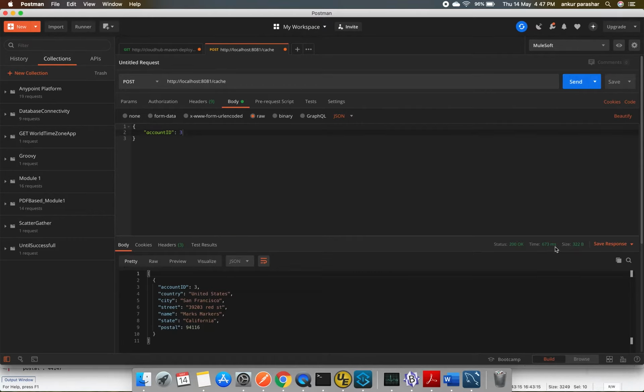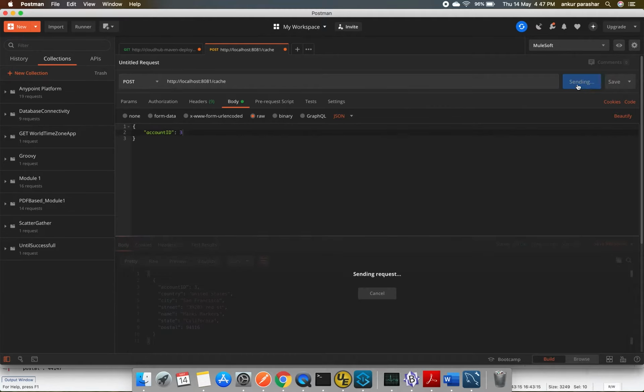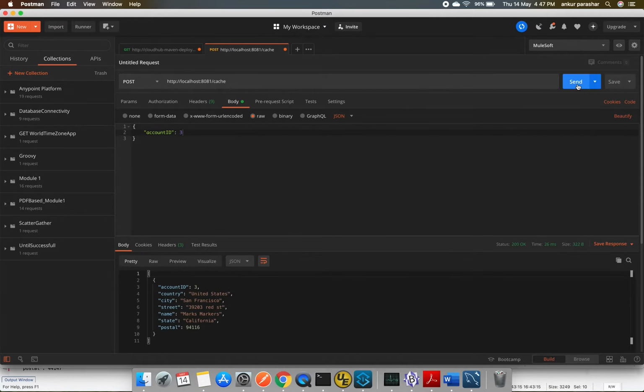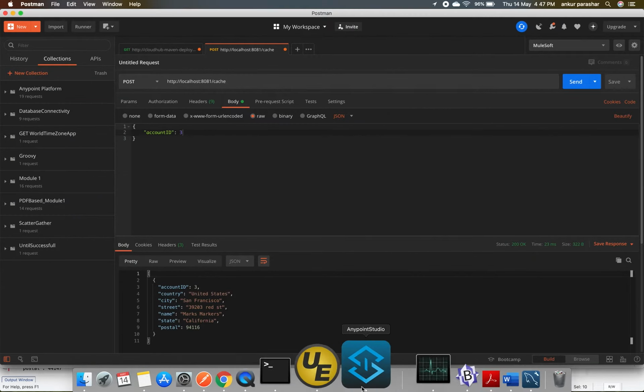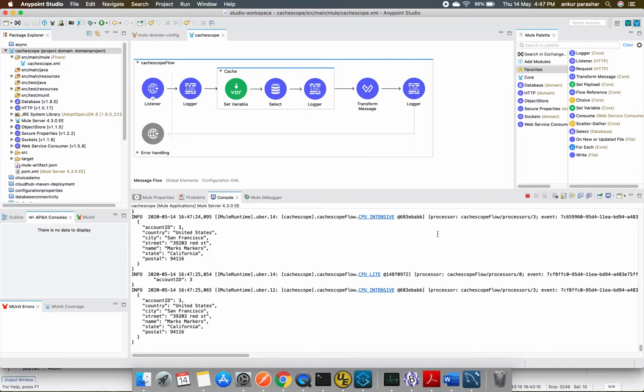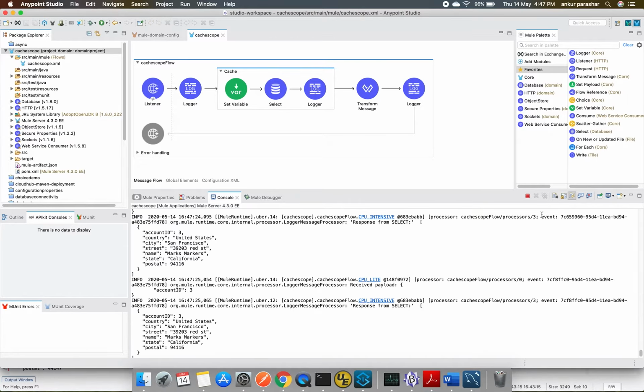673 milliseconds is the average time it took, and I will go for the second hit again, 27 milliseconds, and the third it's again 27, again 24, 21, 20, 15. So it ranges in different parameters, like up to 30 milliseconds we have checked, and the nature will be quite similar. So once it has been matched, let me show you the last entry.